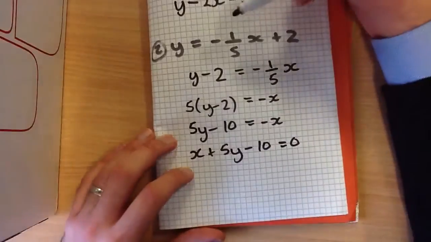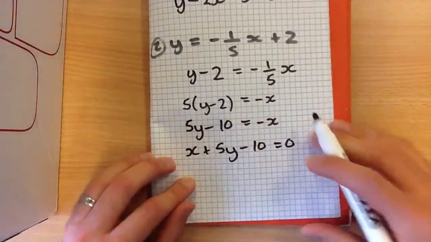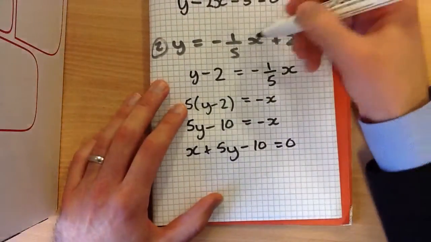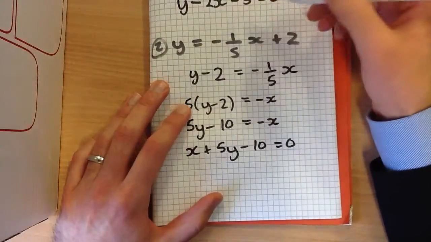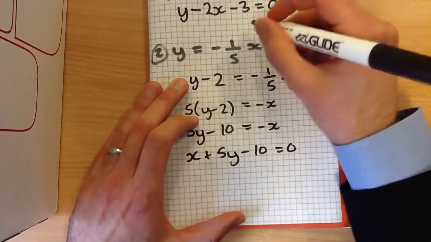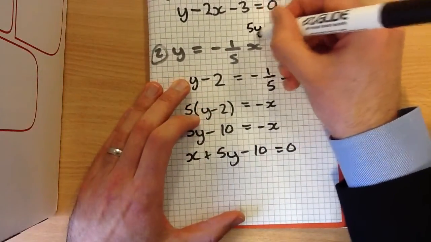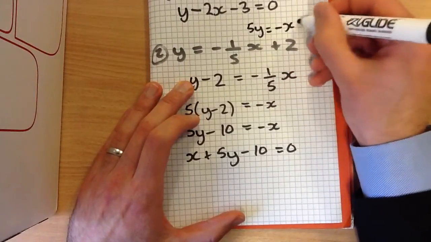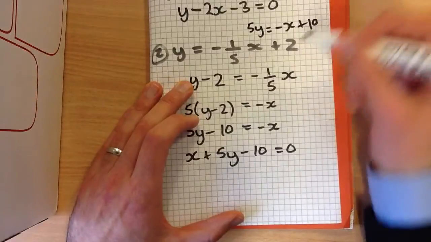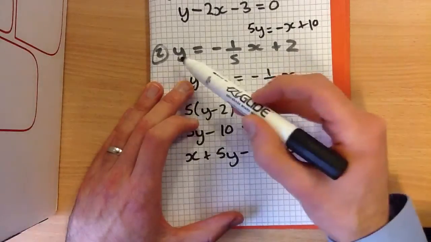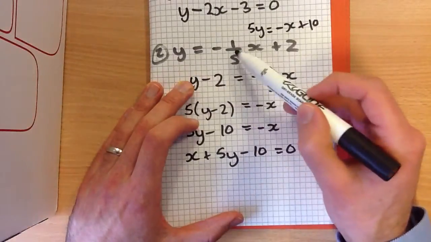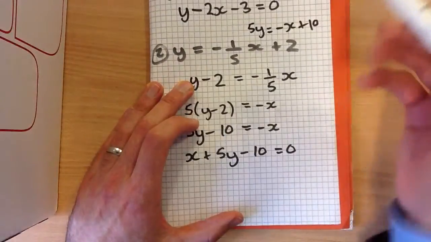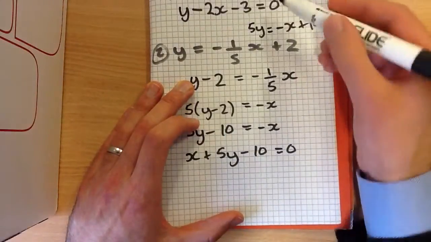So that's the answer there. Your other option would have been to multiply by 5 at the first step. If I was to do that, I would have got 5y equals minus x, add 10, because I multiply that by 5, I get that, I multiply that by 5, I get that, and I multiply that by 5, and I get that. And then you could have worked backwards in the same way, and you'll see